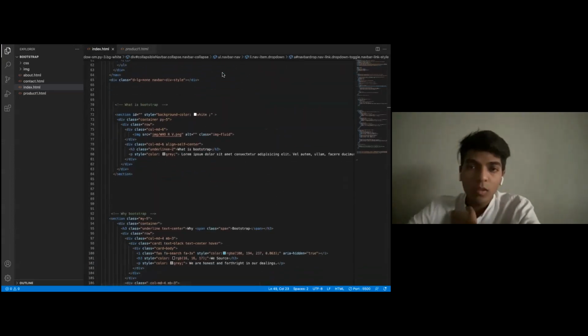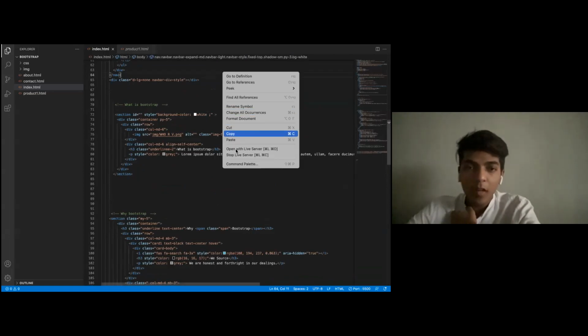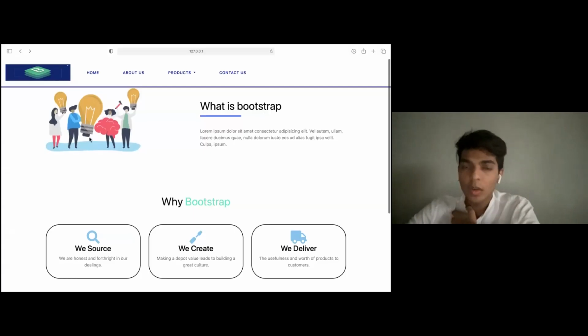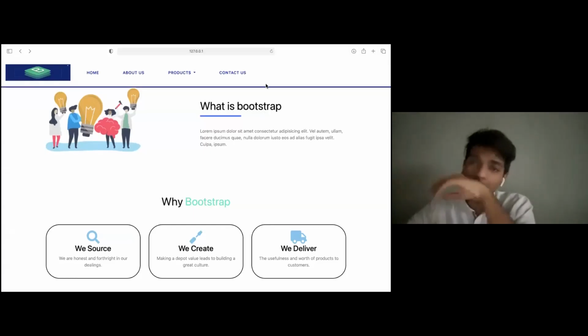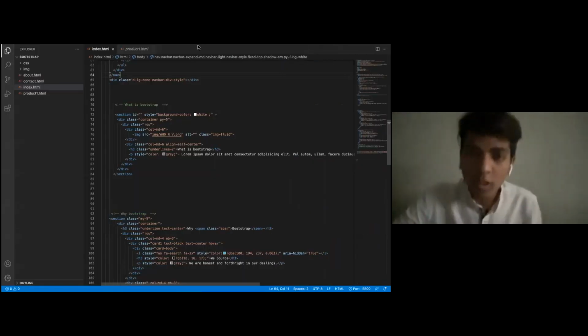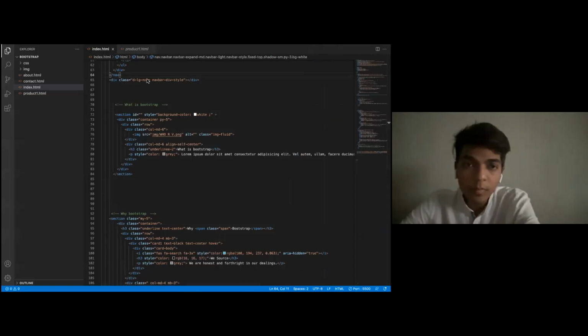So the second part of the website is what is Bootstrap and a picture. So here the grid system comes in. So basically, I was talking to you about the grid system. So just follow this part out, that the grid system should start. So basically what I prefer to do in Bootstrap is start with a section tag.